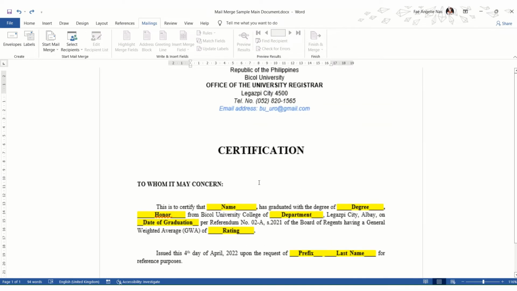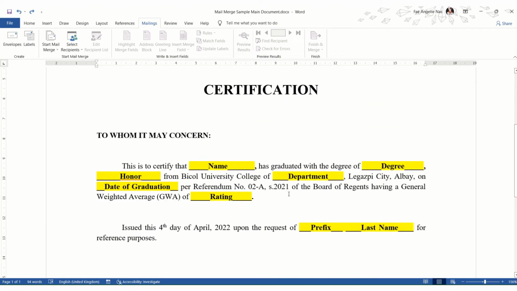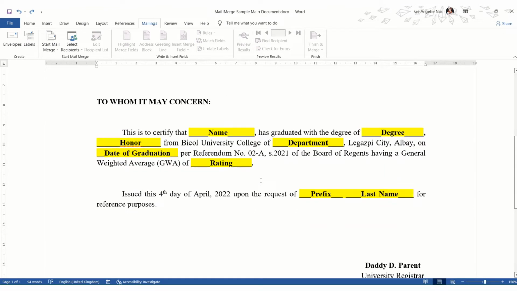This is a certification that a student is an honor graduate of Bicol University. This certification shows the name, the degree, the honor, the department, date of graduation, rating, prefix, and the last name of the student. If someone requests this certification, except for this highlighted information, other parts of the